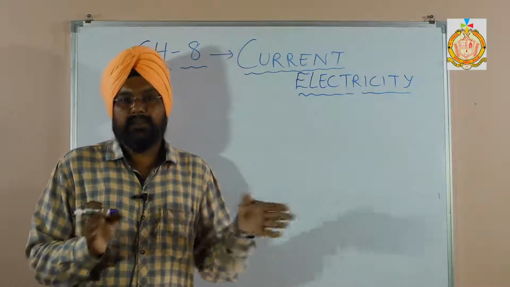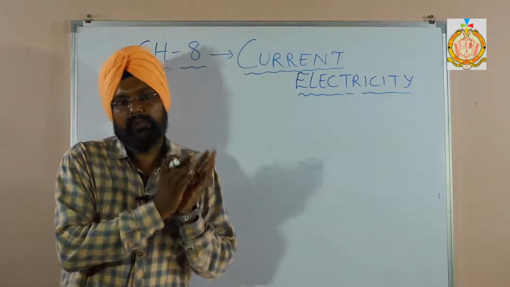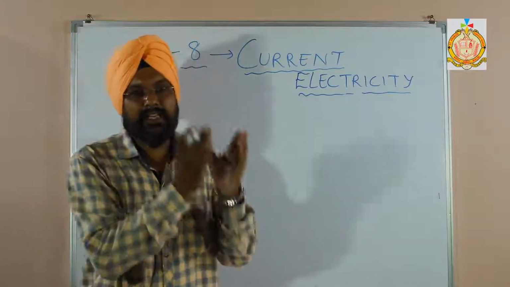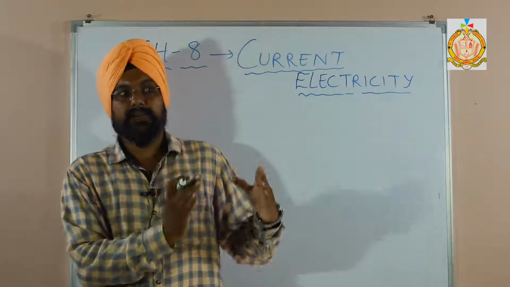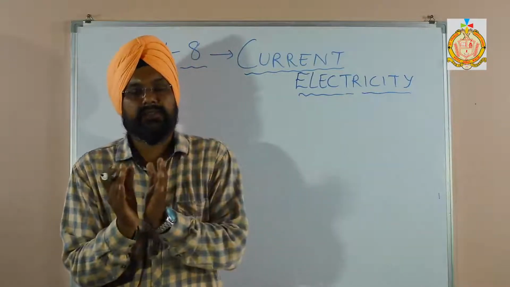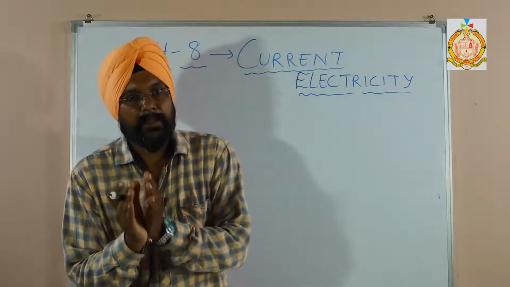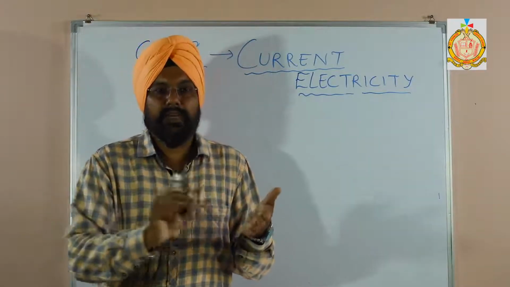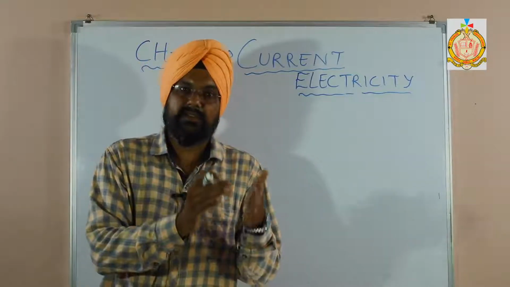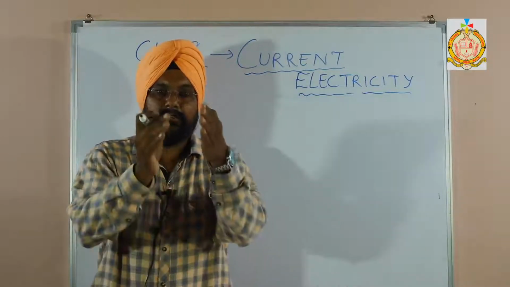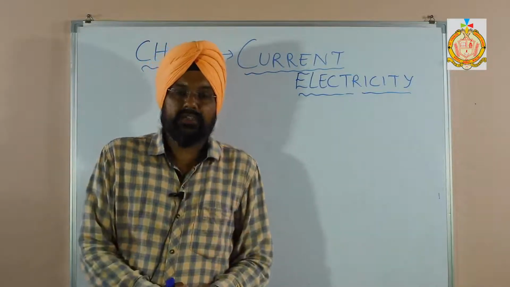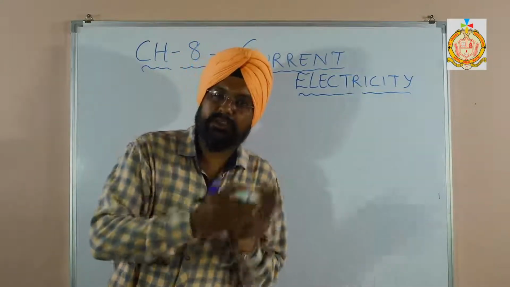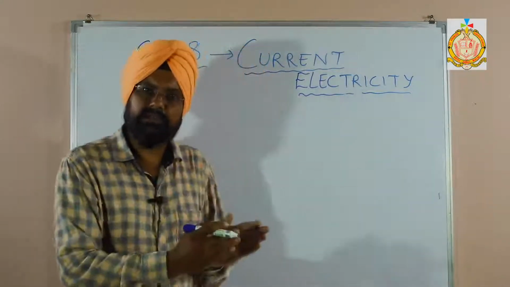As in the 9th class, I gave the example: when your mobile battery is, suppose, 80%, what is 80% inside? 80% are positive charges and 20% are negative charges, that is, electrons. As we use the mobile battery, it becomes 60, 45 like that, meaning we are gaining electrons and losing positive charge, because the mobile battery works on positive charge only.